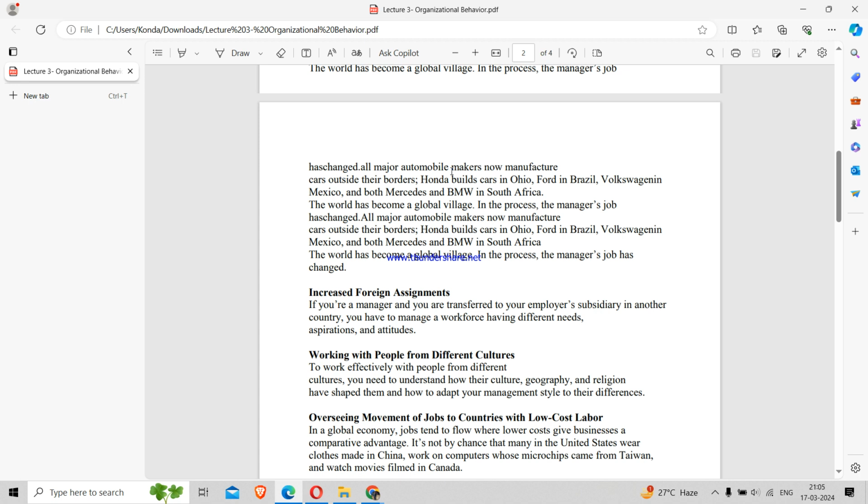The second point is, we can understand why people behave in a specific way, as well as the reason behind working in a group. While working in a group, as we already discussed in the OB model, team building and leadership were the various aspects that were taken into account. So this particularly helps to understand why a certain team or a certain individual works in a certain way. The behavior, those things will be taken care of.